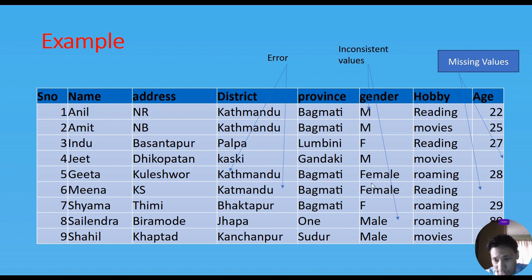Here we can see another inconsistency. Here gender is specified by M, but here it is male. Similarly, here gender is written only F, here female is written. So the system will not understand that M and male are the same. Similarly, here the spelling of Kathmandu and here are different. So this kind of inconsistency is very possible with our operational source systems,